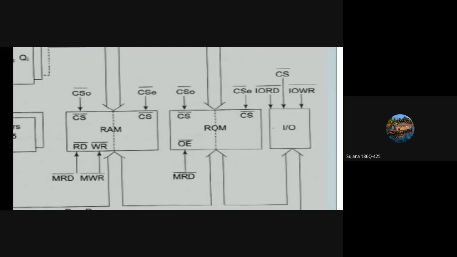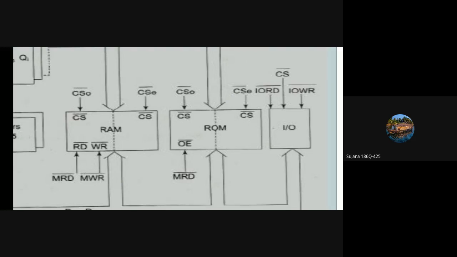The system contains some memory. What is the use of memory? To store some data. The main purpose of the memory is to store data, whether it might be user program storage or monitor storage. That means it may be the input to the processor or it may be the result from the processor. We need some space to store that data, and that space is nothing but memory. So we have RAM and ROM over here.